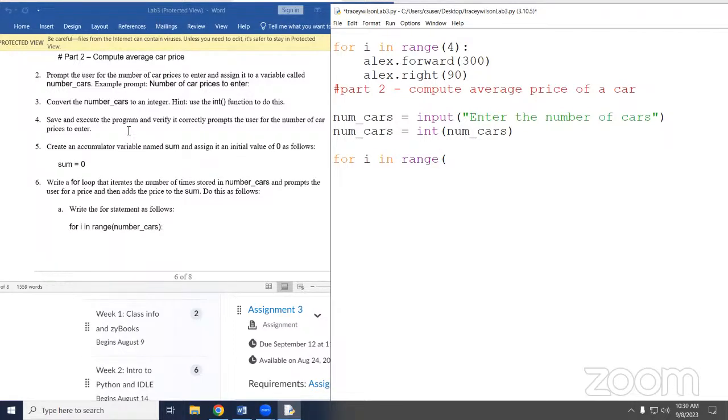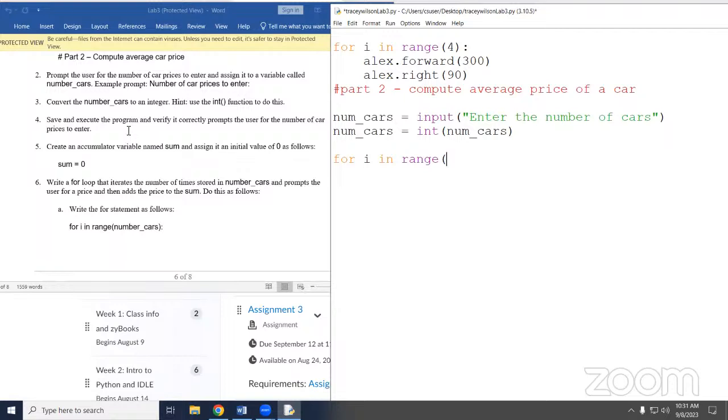And inside of here, we need to know how many times this loop needs to run. And with a box, it was really easy. We knew it only had 4 sides. So we just hard coded the number 4 in there. But we don't know what the user is going to put in here. So what you can do is just put the variable in this spot, and whatever the user types in goes into the variable.